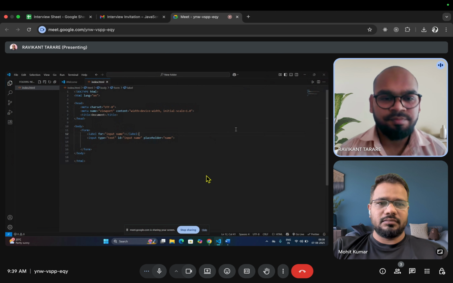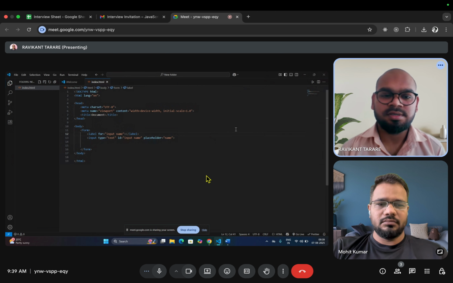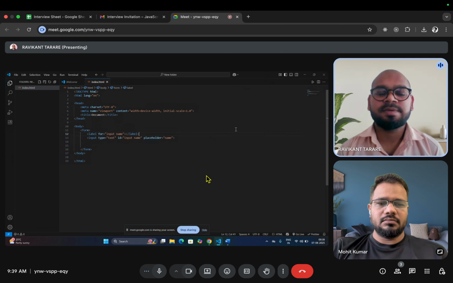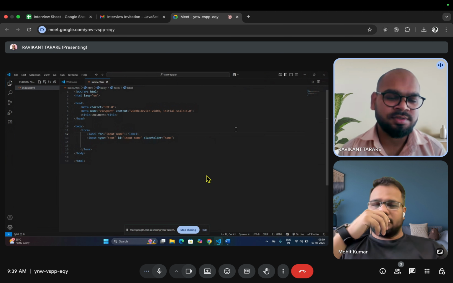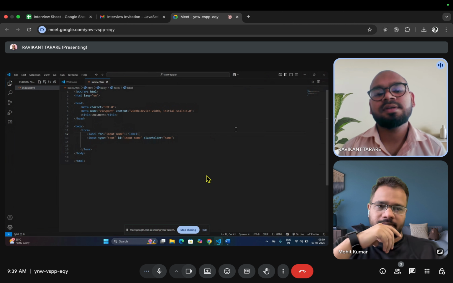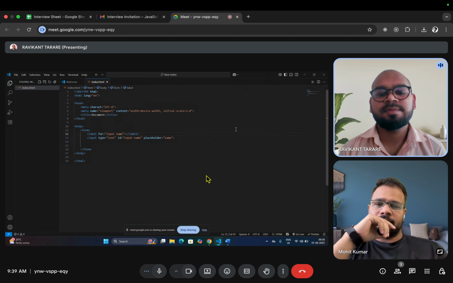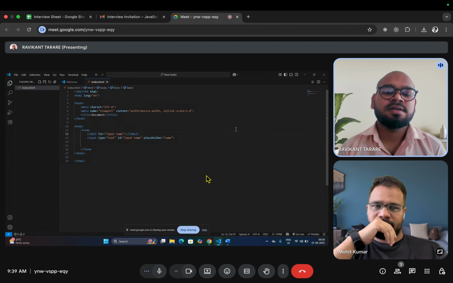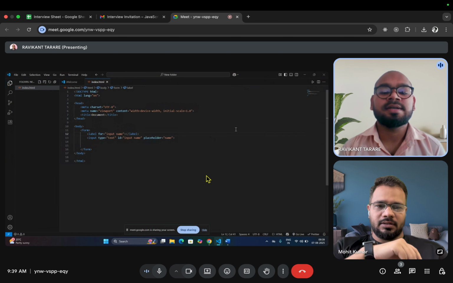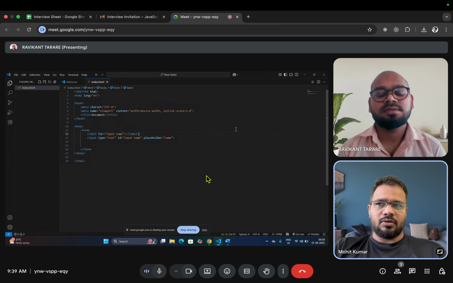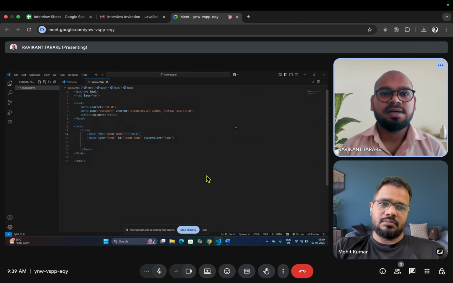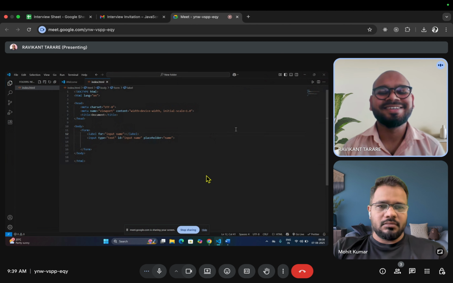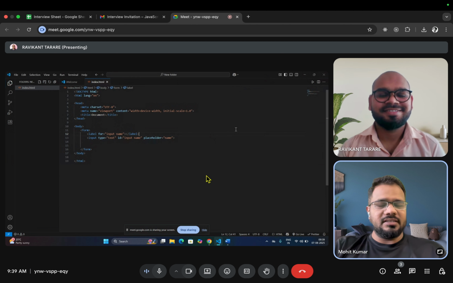Percent means if we have a division tag with, suppose, 200 pixels, and inside it we have another division box and we give it 50% width, then it will take 50% of that 200 pixels of the parent. Okay, what about rem? Have you used it? I generally use pixels, sir. Okay, no problem.